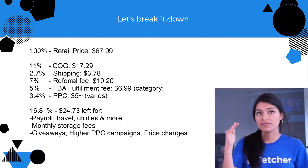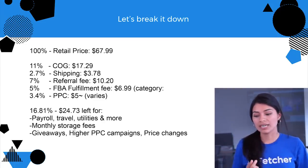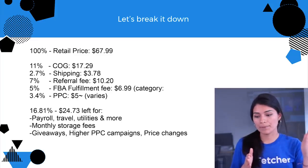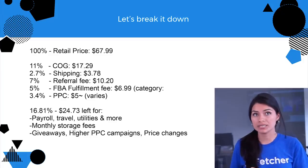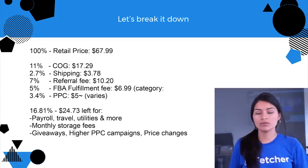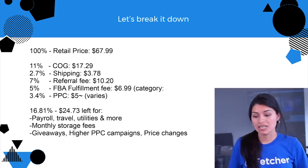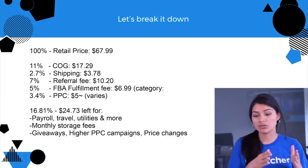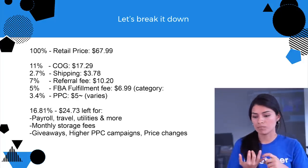When you take all of this into account, now this is per order. When you take all of this into account, for every item that you sell, after those expenses that we just reviewed together, you would only have left 16.81% of your retail price, which is $24.73. From here, you have to make sure that you have enough money to pay for things like payroll, travel,